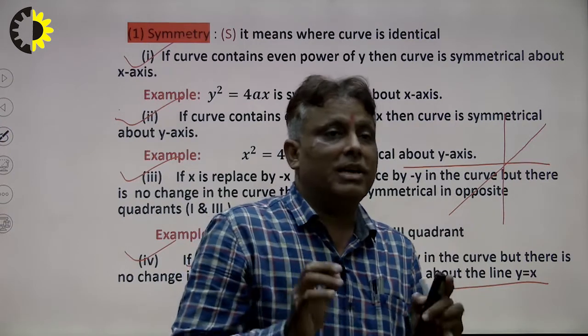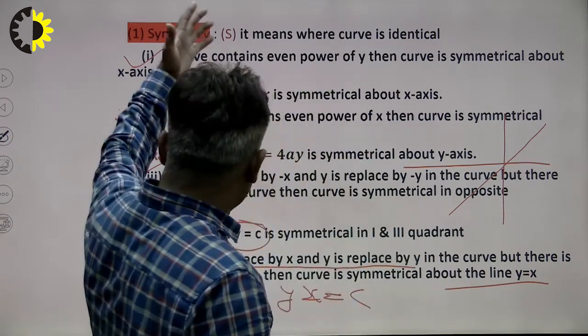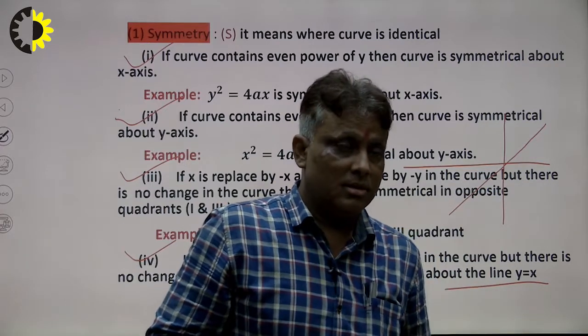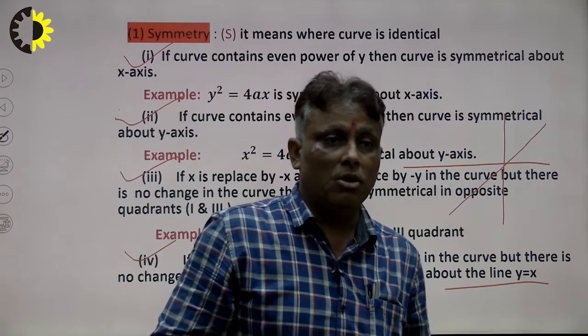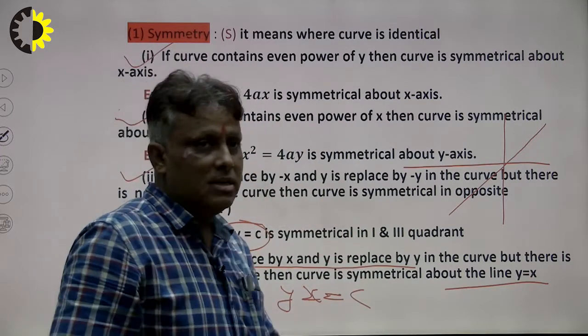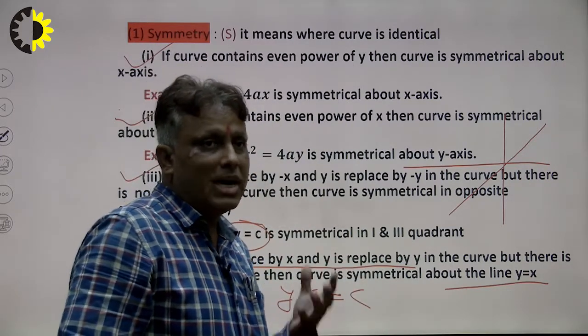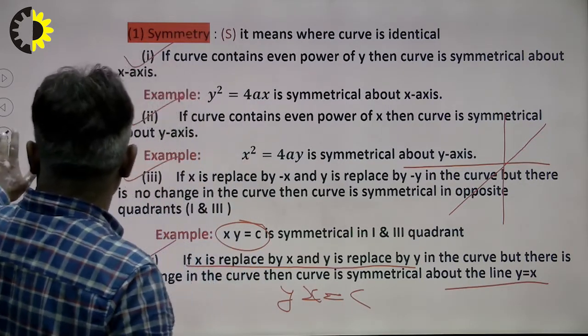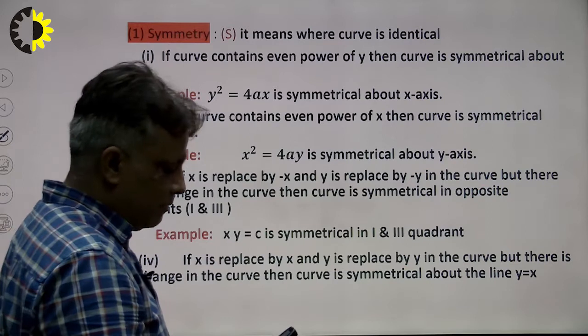If any curve contains all four symmetries, any one of the symmetries, or none of them, the curve may contain any or all of the four. So when we solve the problem, first of all we recognize, by seeing the curve, what the symmetry of this curve is, right? In this way we find out our symmetry point is complete, right?